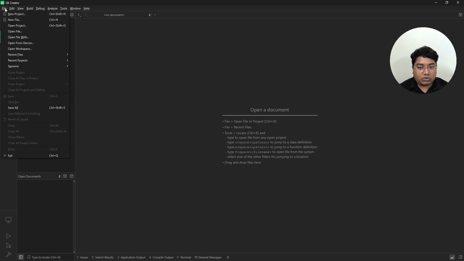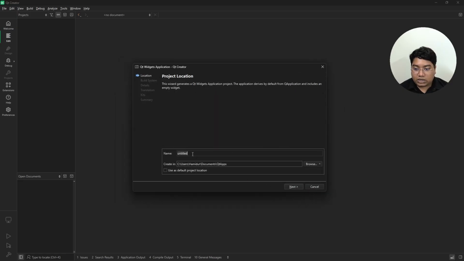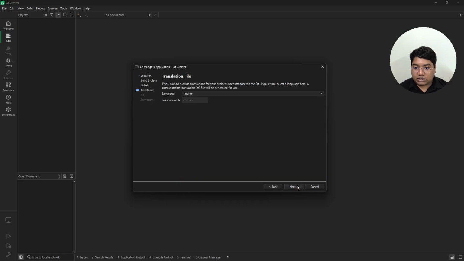Then from the menu, I will choose File and then a new project. Here I'll select Qt Widgets Application and then we will name it Catch a Falling Star. And next,